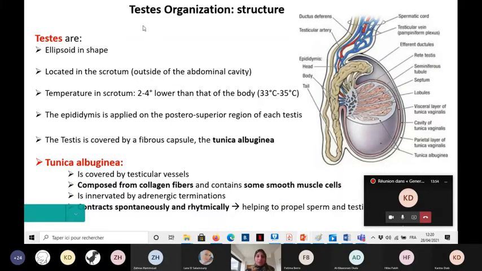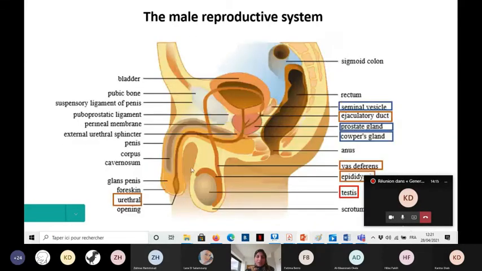Now we are going to see in more detail the organization and the structure of the testis. This is one testis. The testes have an ellipsoid shape. They are located in the scrotum. This pouch of skin outside of the body is called the scrotum, and the testes are localized inside of the scrotum, outside of the body. This localization is important for the spermatogenesis because, as we said, if you remember in the last chapter,